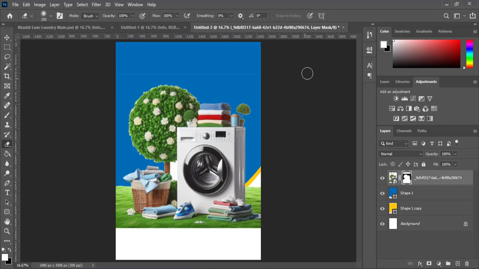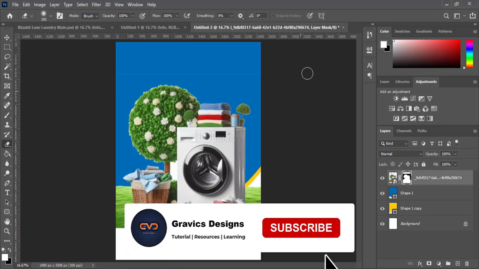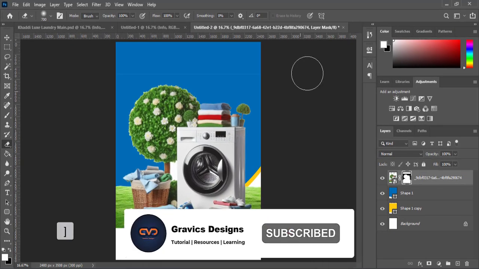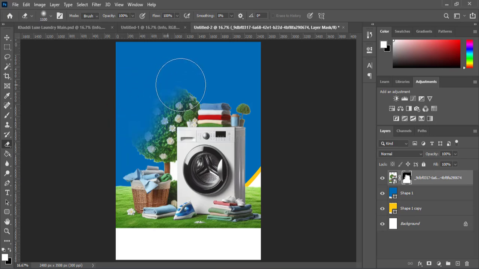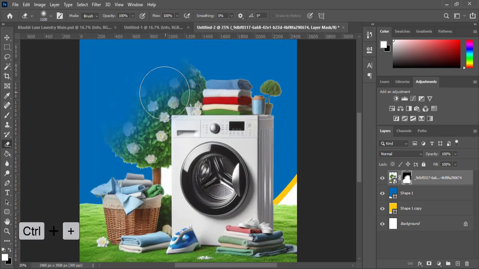And I'm just going to click, and I'm holding down my bracket key. So I'm just going to softly erase what I don't need. So I'm just going to softly erase all these parts. Let's see. Be careful so you don't erase a whole lot of important things. Yet. So I'm just going to zoom in a bit, Ctrl plus, and I need to just take away these